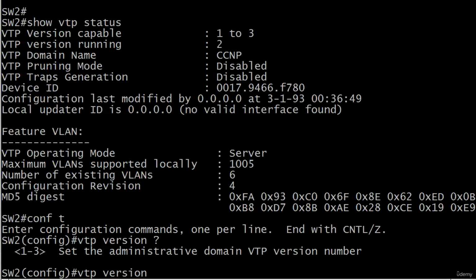VTP version, and if it just gives you 1 through 2, then those are the only 2 versions you can set it to. So we've got a switch here capable of running 1 through 3. We're running 2, and the domain name is now CCNP. How did this switch join the CCNP domain without me entering VTP domain CCNP? How did that happen? Well, the thing is,